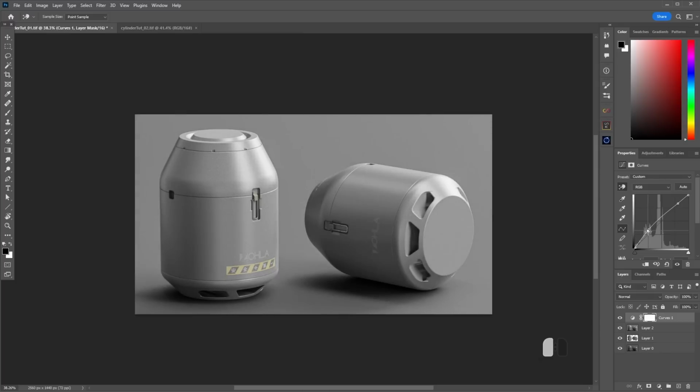You could do this manually if you wanted to, but generally I find this to be a much better solution. So basically we'll drag that down, and then the bright areas we drag up. This is just going to introduce a little bit of local contrast on the object. You can already see it pops a bit more. You could also drag this down or up a bit more manually, depending on the level of brightness you want. I think this is pretty decent. I don't want to make this too bright. You want to be careful that the histogram isn't getting pushed too far,